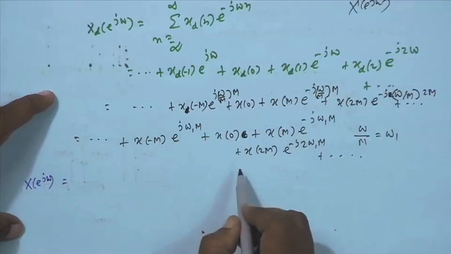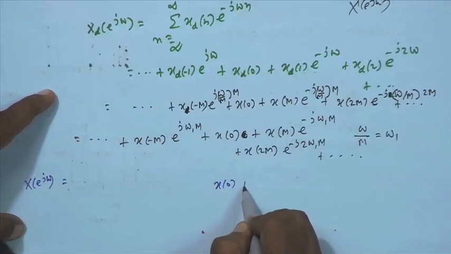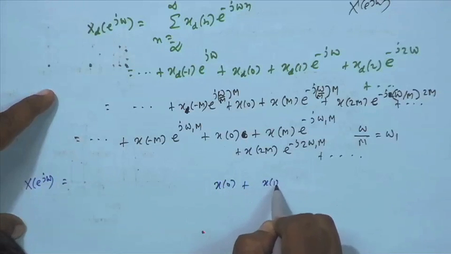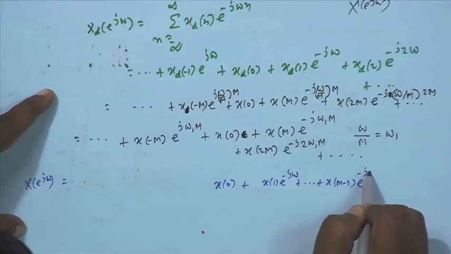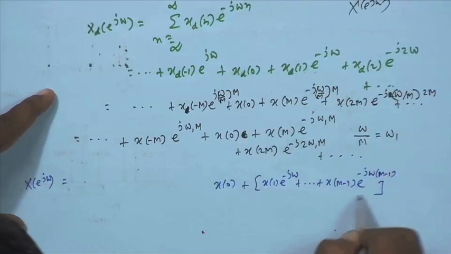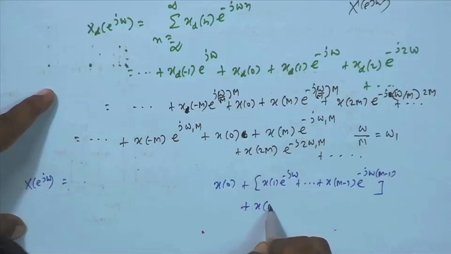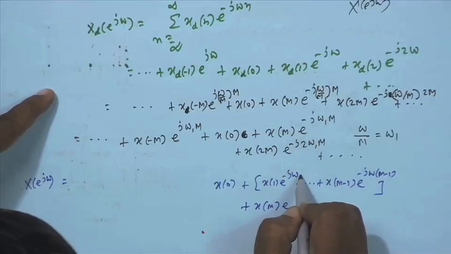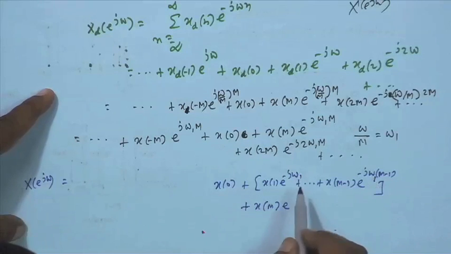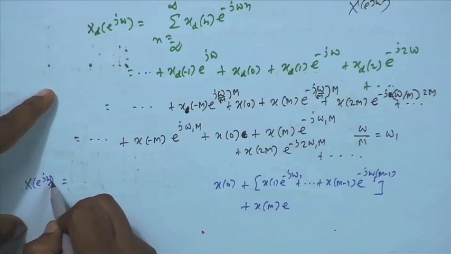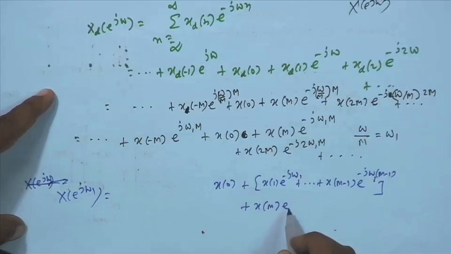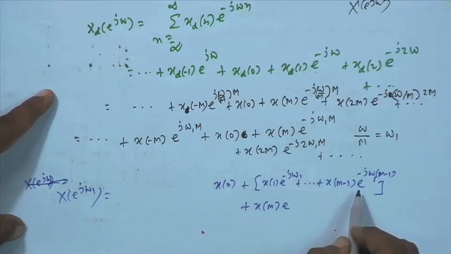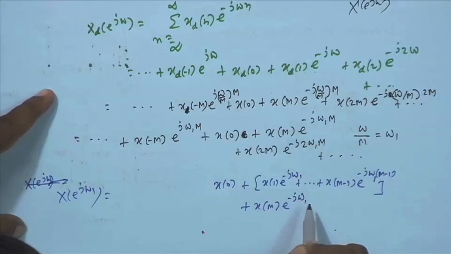Now, if you see x e to the power j omega, it will have x 0, but after that there are these terms, x 1 e to the power minus j omega and so on up to x m minus 1 e to the power minus j omega m minus 1, this block, then again this term. So, suppose I am carrying it out at omega 1. Okay, this is the DTFT at omega 1. So, next term will be, see, x 1 e to the power minus j omega 1, x 2 e to the power minus j 2 omega 1. This is the original DTFT, and then x m e to the power minus j omega 1 m,